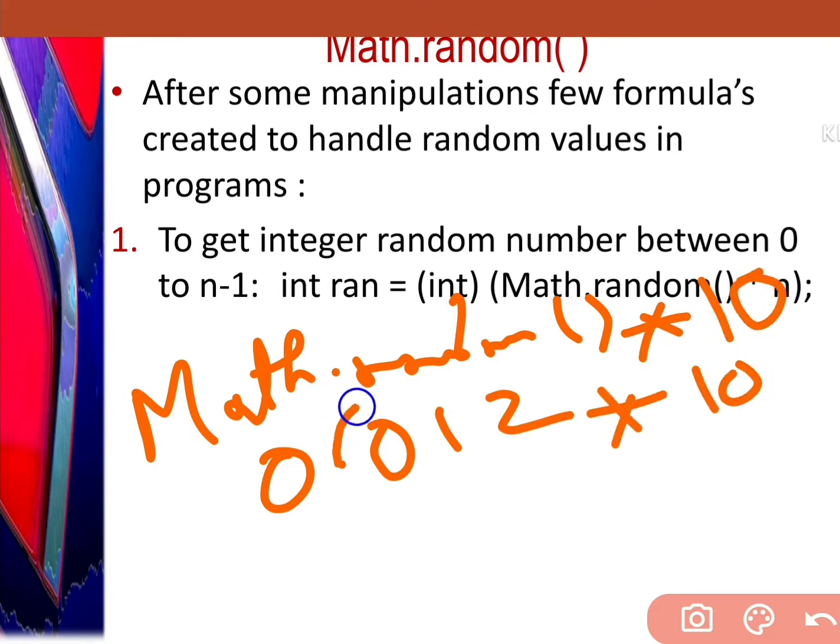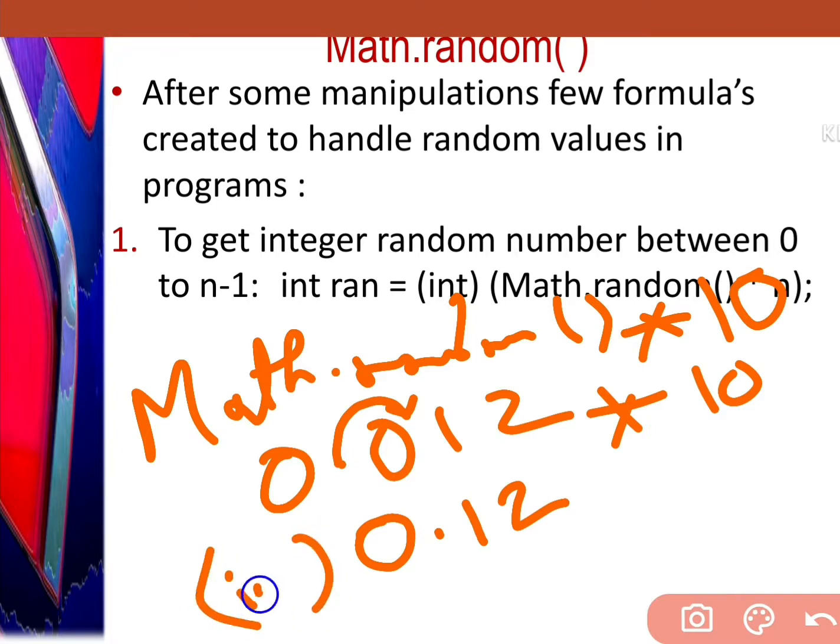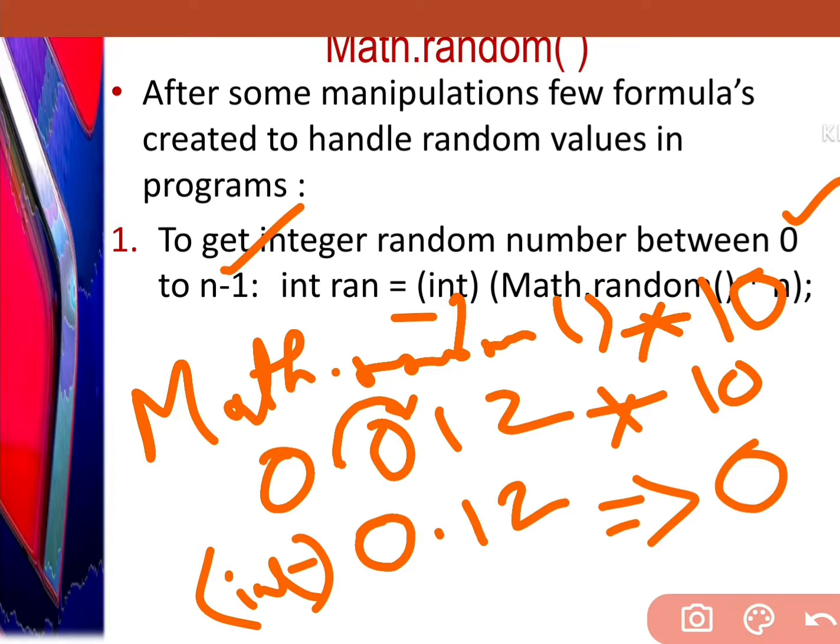Our decimal moves and we get 0.12. And after that, when we take the integer value, we have 0 with us. See, 0 to n minus 1, that is 0 to 9, we are getting 0.